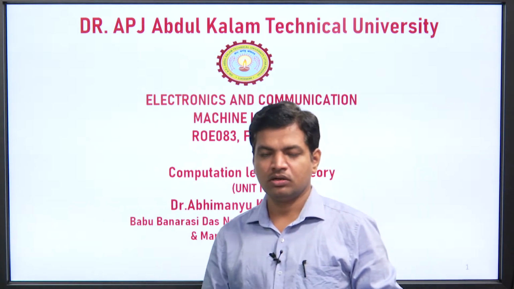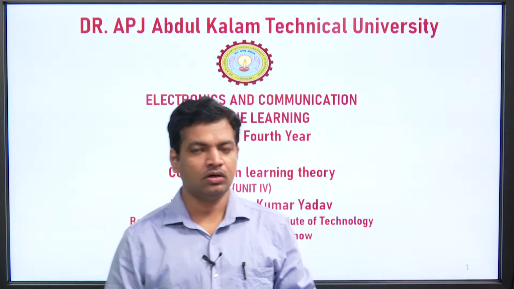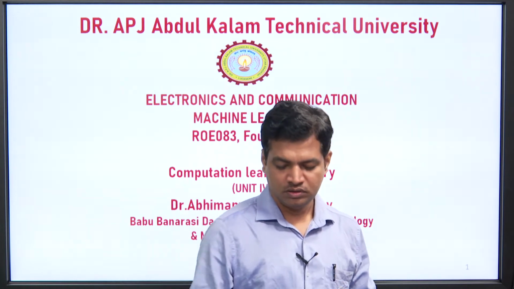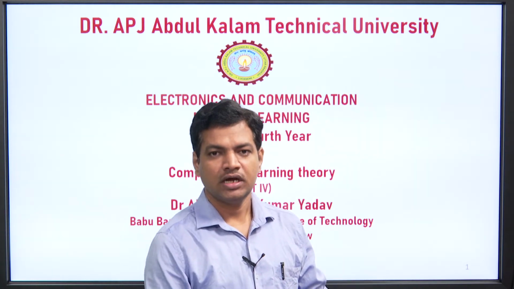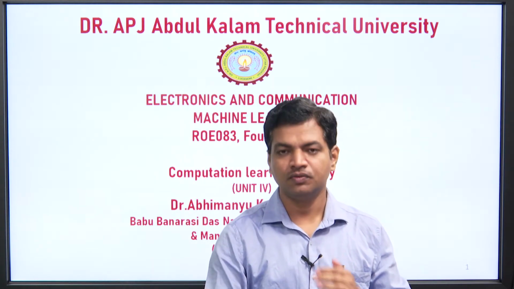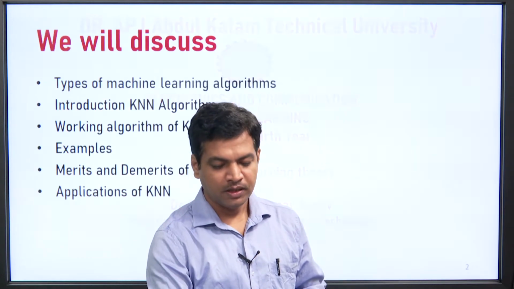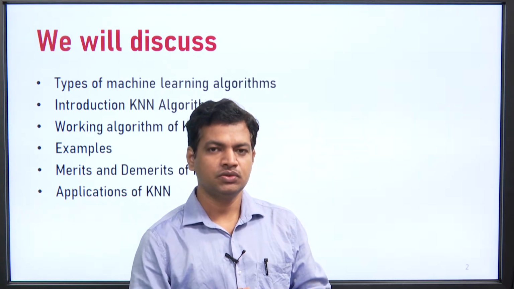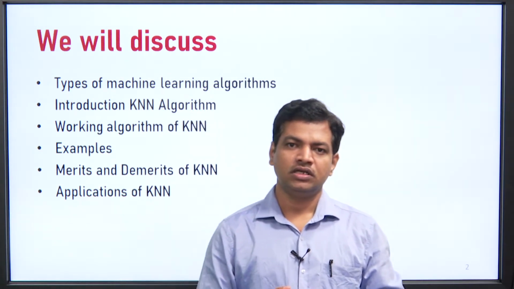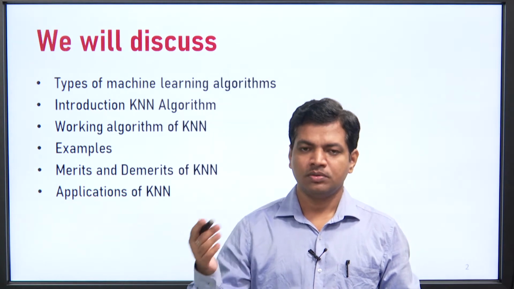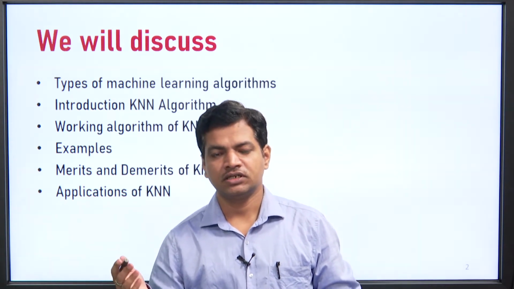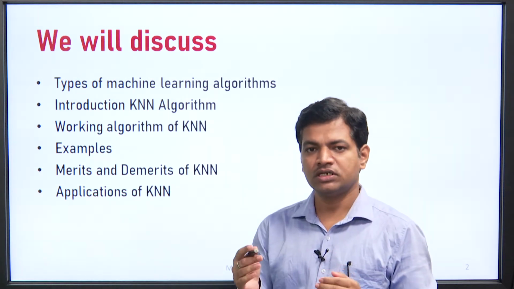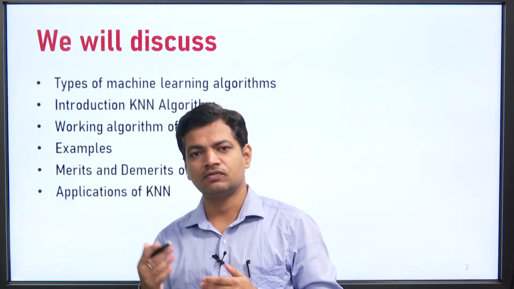So, KNN algorithm, what is a KNN algorithm? The full form of KNN is K nearest neighbor. K stands for some integer value, we will see that, but basically the KNN algorithm is the simplest algorithm which is used in finding solutions to problems related to classification or regression. So, we need to understand what is classification and what is regression.